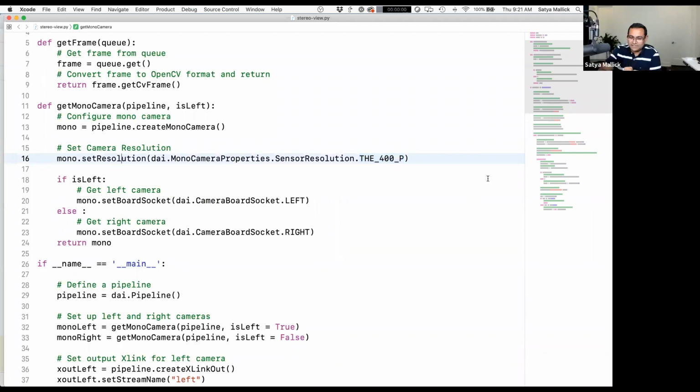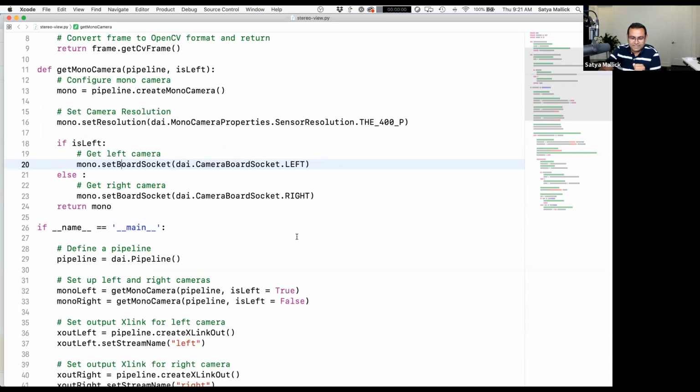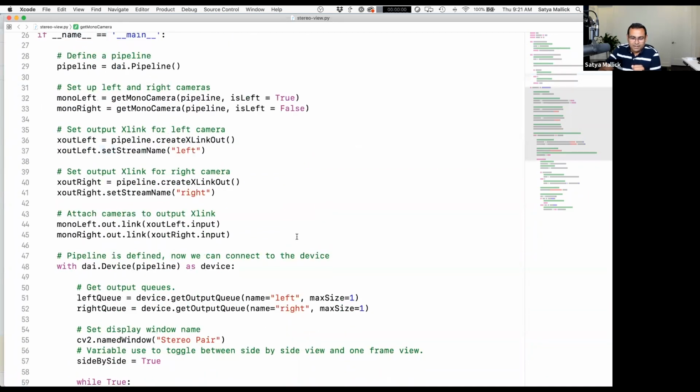Yeah, so you set the resolution, and there are a few resolutions. You can do 800p, you can do 720p, etc. And then based on whether it's the left camera or the right camera, you choose one of them, right? And it just returns the camera. Very simple piece of code. And then